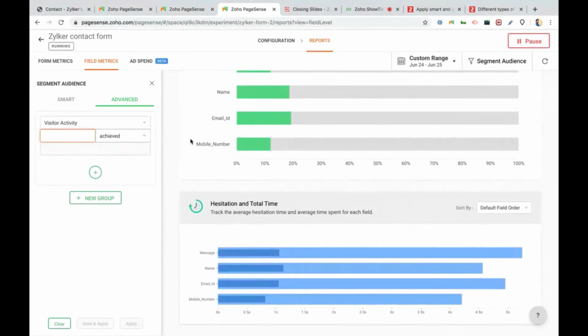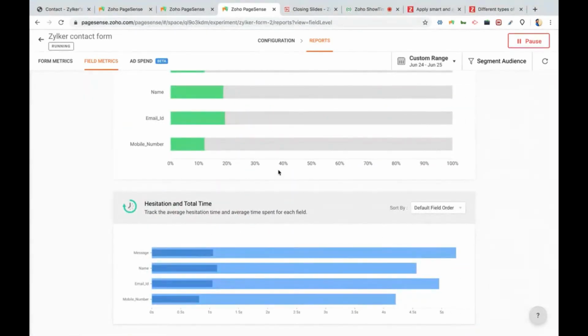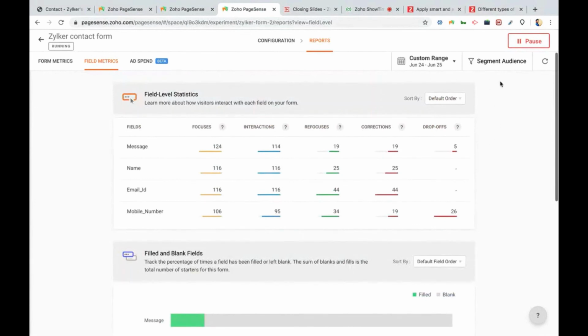Also, as Vaijayanti mentioned in the presentation, when running A/B testing, if you want to track A/B testing for your forms, you could use this visitor activity place, and you can create some JavaScript variable that you can target here, so that you could create a variation. For example, I'm creating multiple variations. I could use a variation 1, so that I'll be able to see the report for variation 1. So something like that can be used when it comes to A/B testing. So that pretty much covers the segment audience type as well.